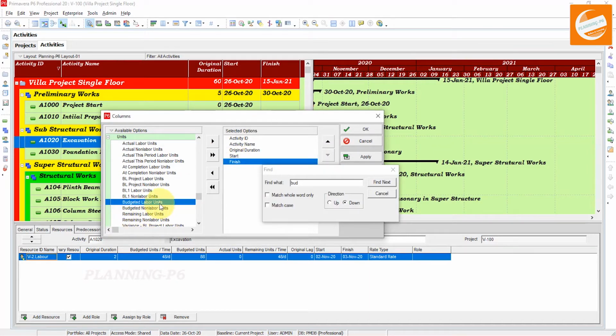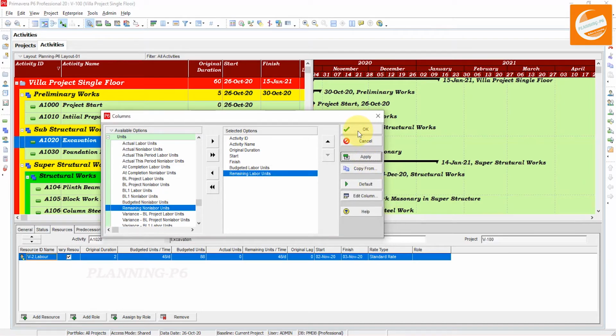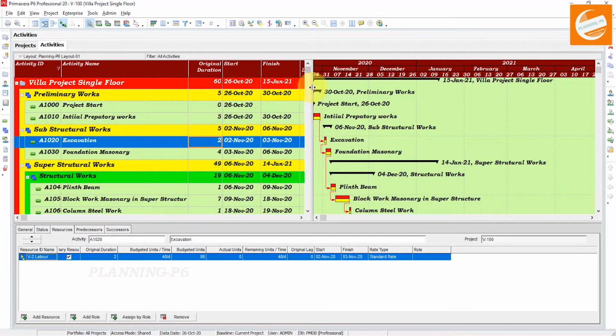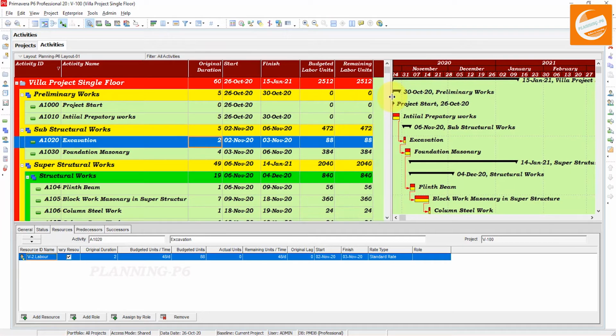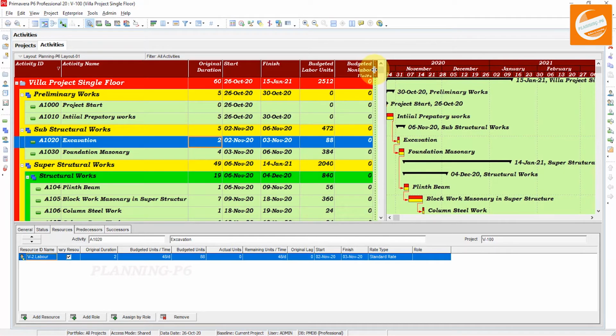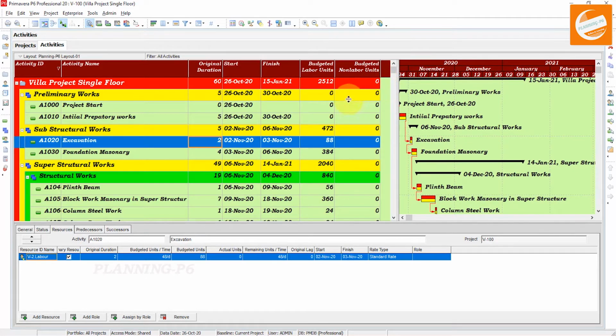Click here, budgeted labor units and non-labor units, apply, and OK. Here we have customized these two columns.